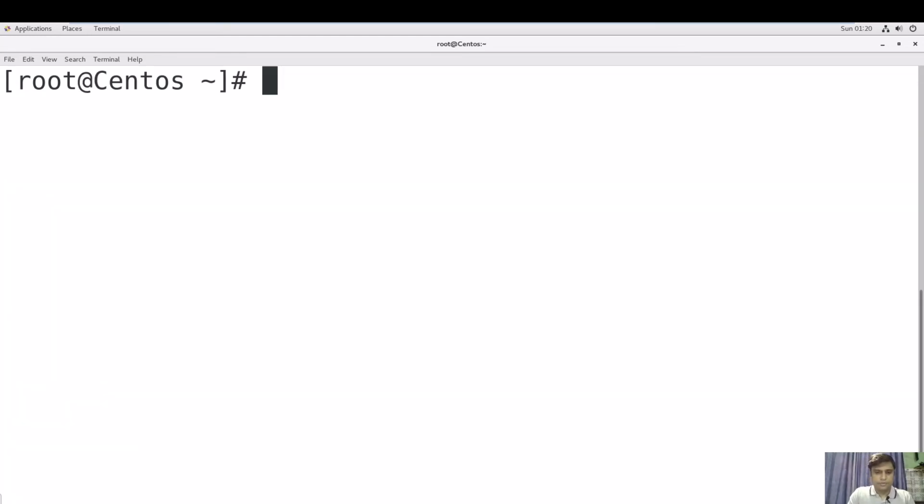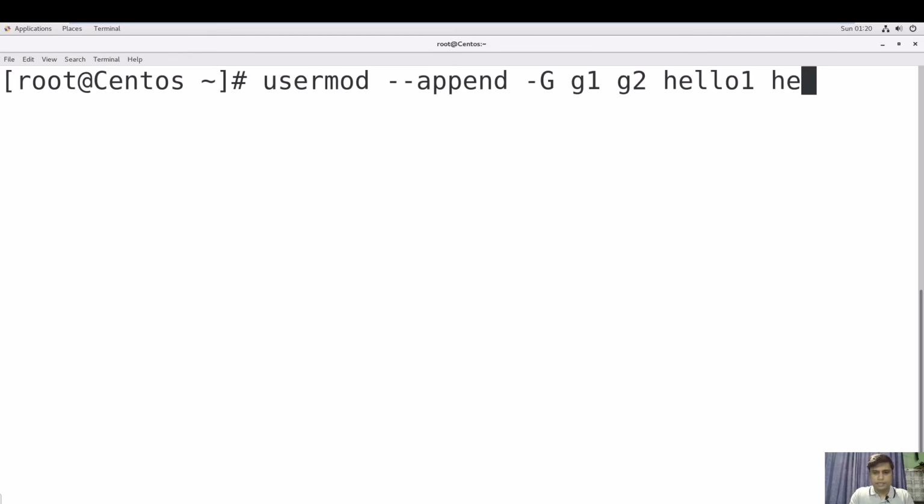I will show you one more command, usermod --append -G, then you can use your group names over here, G1, G2, hello1 and hello for U1, right? And one thing, these should be separated by commas, otherwise you will get an error, right? So remember this thing.